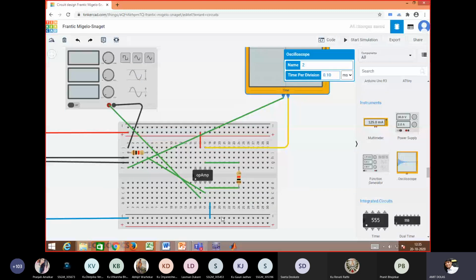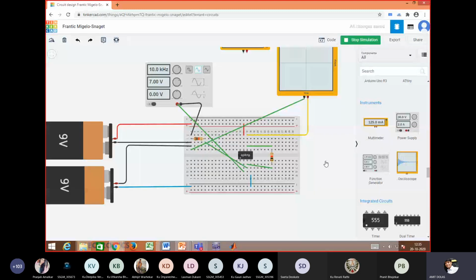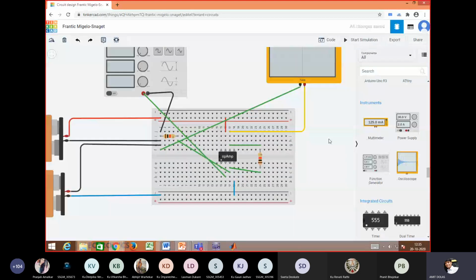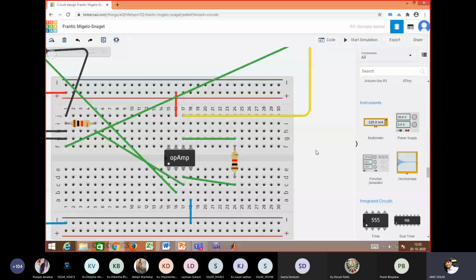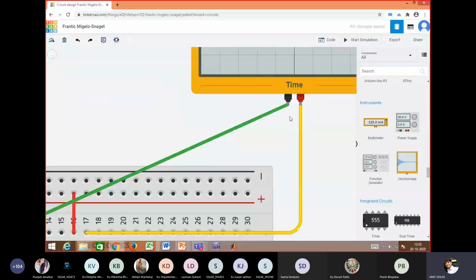We'll see the error. Yes, this one. Pin number 3 and here. Let's see now. Is the positive correct? I have to zoom it. So this is positive, this is negative.